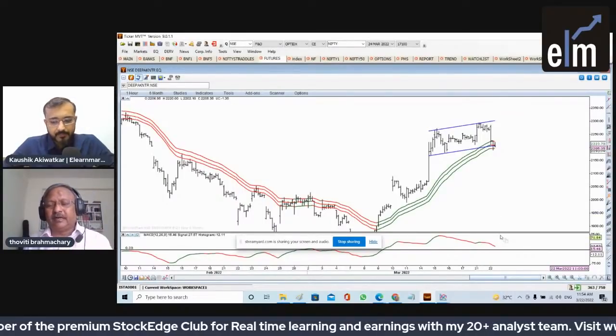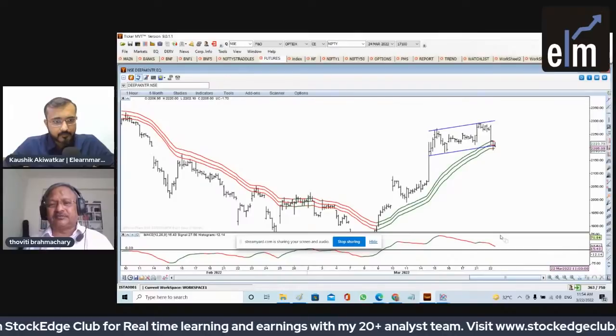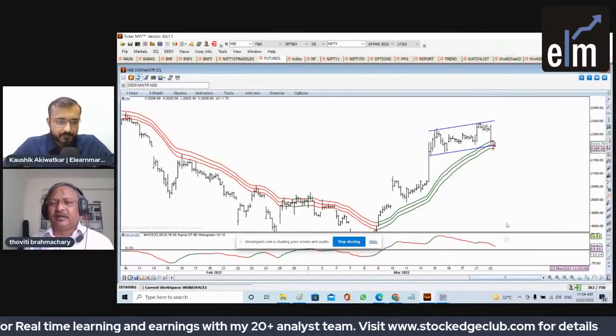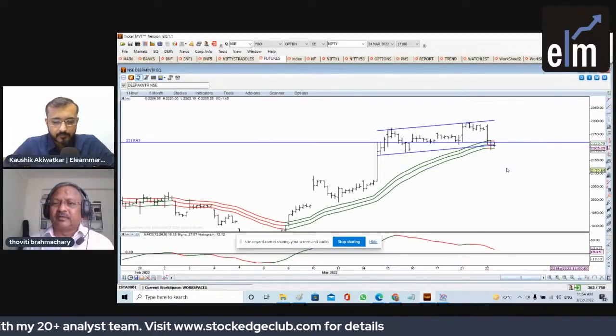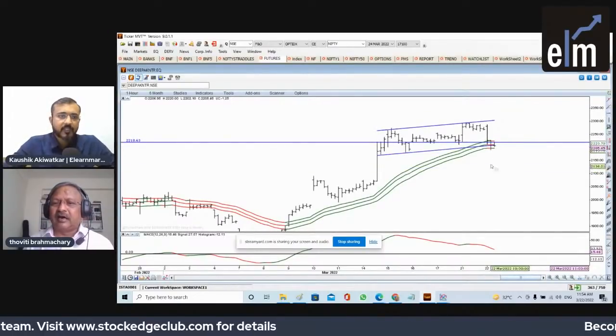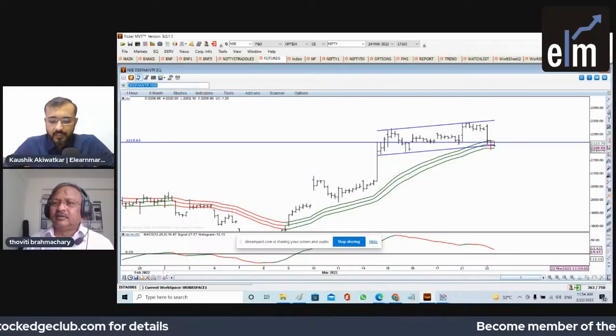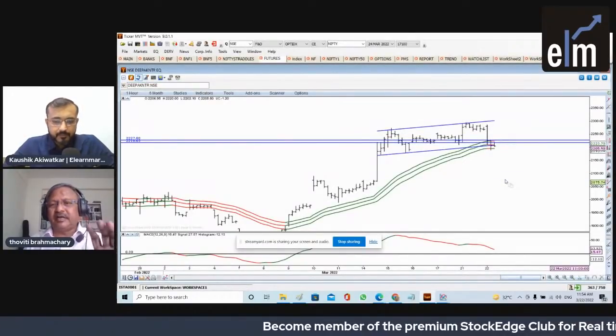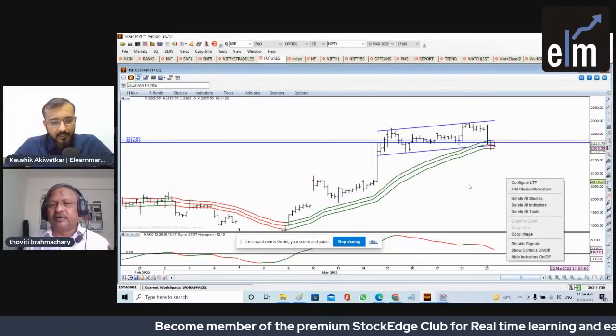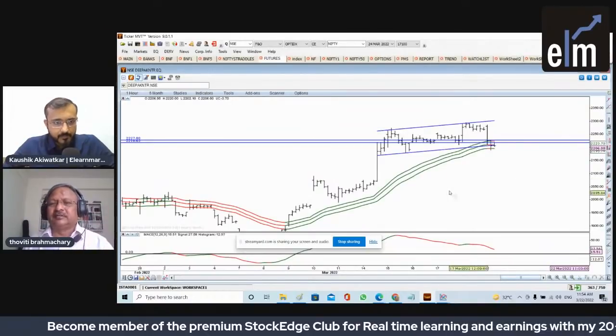But what is my stop loss? That's a question, right? What is my risk? The risk is nothing but the high of this bar, that means your entry bar, that's all, or the prior bar high. So your stop loss is very, very minimal, just 28, 30 rupees. But if you get 200 rupees, so that means